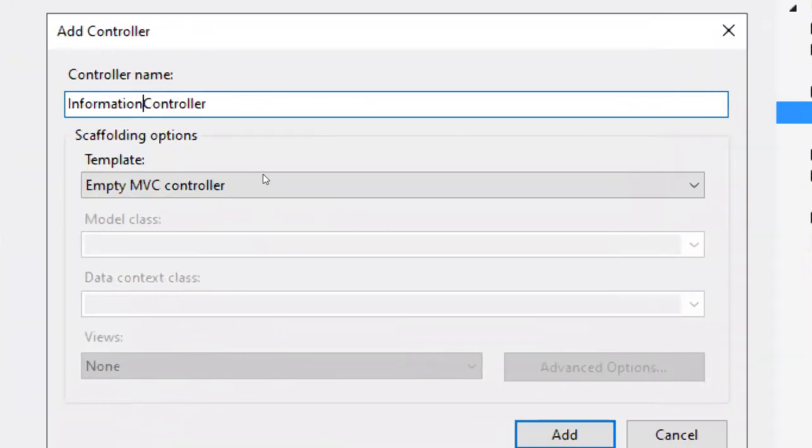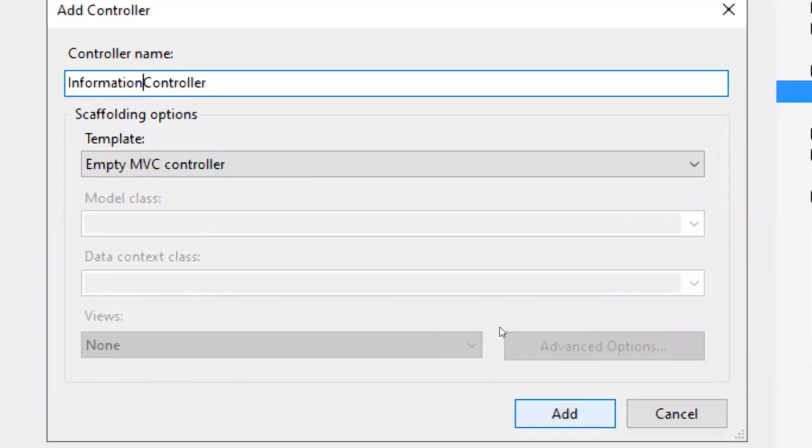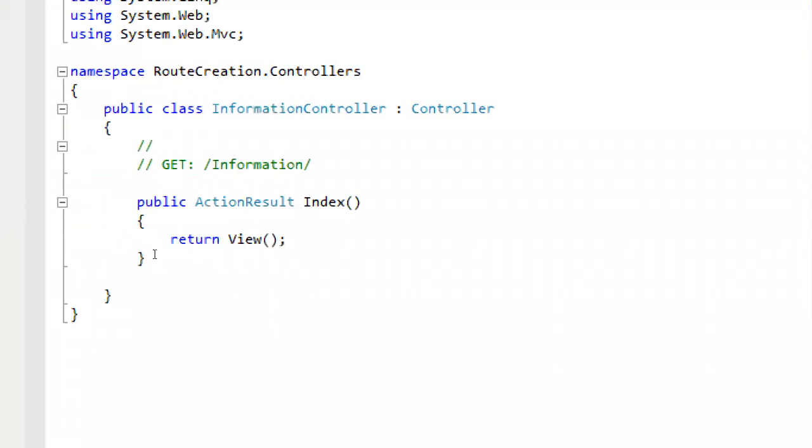Then we click on add. Now the information controller is created.